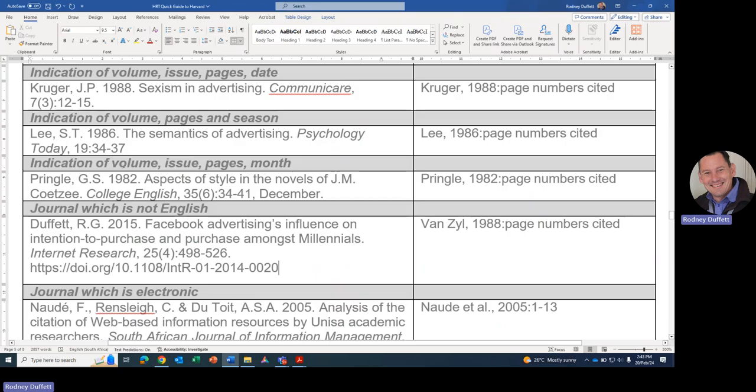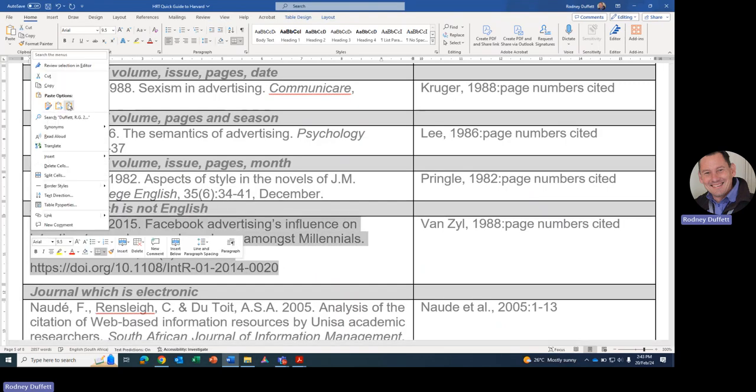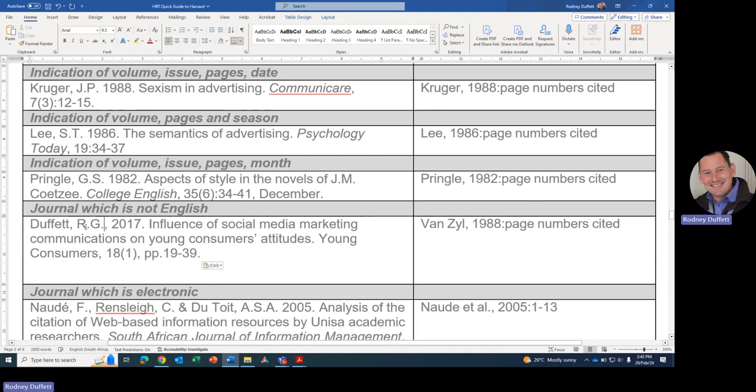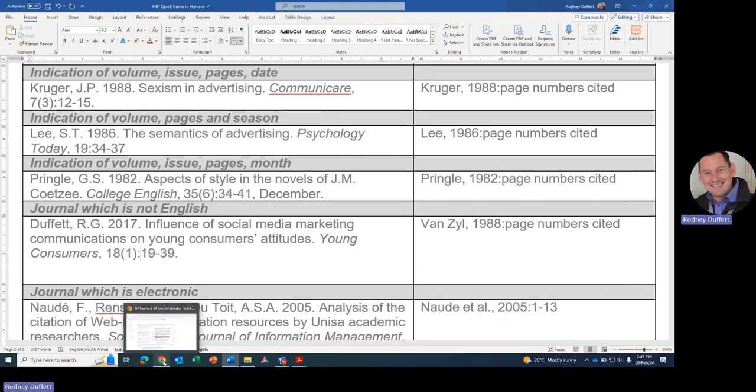You copy the Harvard information. We go back to, let's just use this example. Paste, and there you remember you got to delete that comma. There shouldn't be a comma here, no spaces here. That's all correct. The title of the article, the journal's name is Young Consumers, comma, the volume is 18, the issue is 1. You make this a colon, delete that,